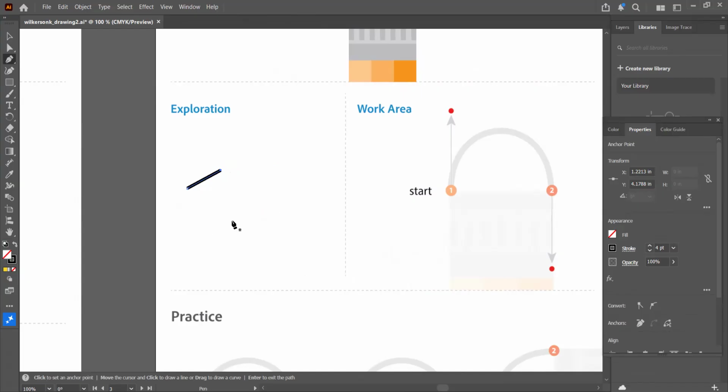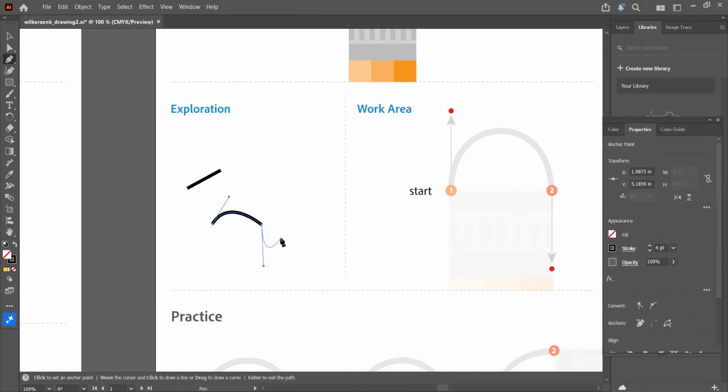Instead, I'm going to make a curved path. So what I'm going to do is take a click, and I'm going to drag it, and this becomes a direction line, okay? So I am going to release the button. And now I am going to move further away and click it. That's where my line is. So now I'm going to create a direction line. I pressed and dragged, and now